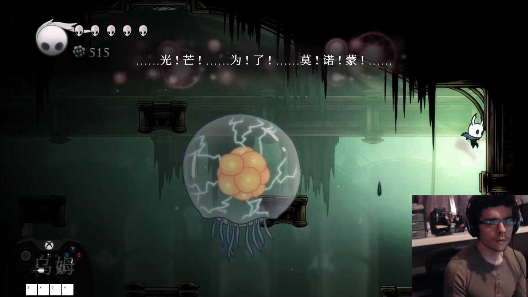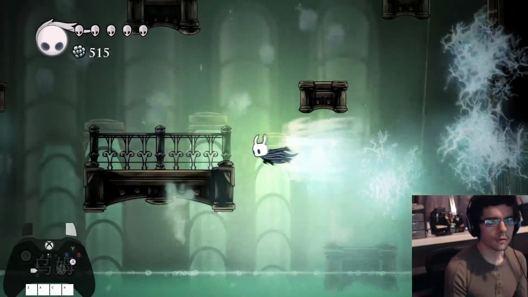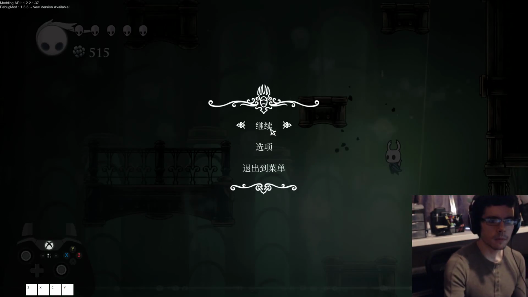Then jump up here, just wall jump. It's not precise, just wall jump wherever you want really. Just close to the top is good enough. Then something I like to do to position myself is, after he finishes that attack, I wall cling on this